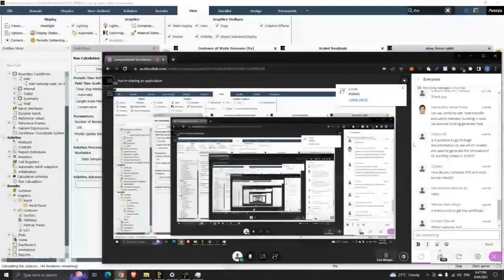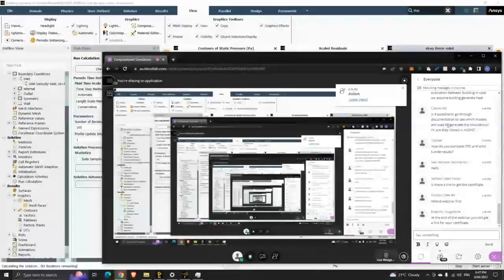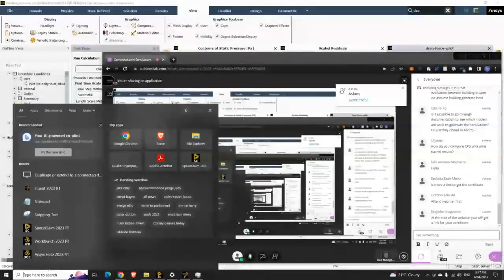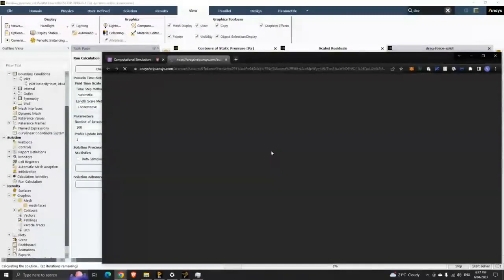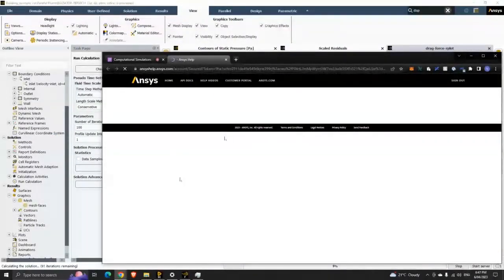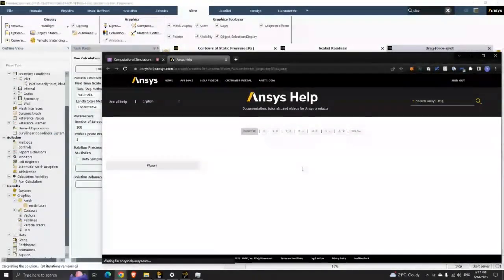Okay, is it possible to go through documentation to see which models? Yes. So if you go to Ansys help, it'll open up the Ansys portal. You need to have Ansys installed, and you can access all this documentation. Okay, so if you click on Fluent,